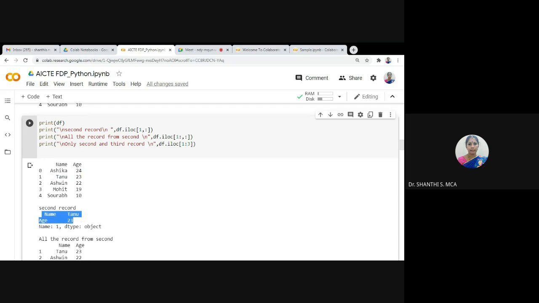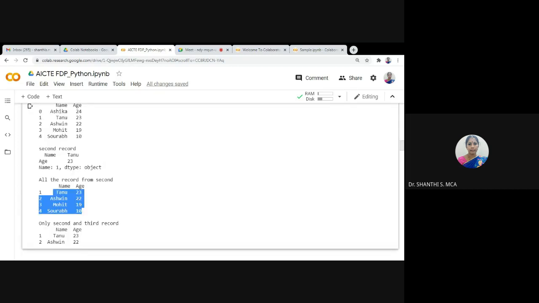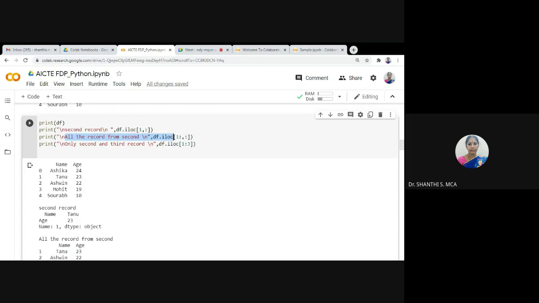Okay, here the second one is df dot ILOC of 1 colon, comma, colon, from the first row to all the rows. Here you see the difference. 1 colon comma means the starting index is 1 and the ending index is not given. The ending index not being given means from 1 to all the records. Then in the second part, all columns. So from 1 to all the records, it will print all the columns. So the 0th record is not printed here. All records from the second; the 0th record is not printed.